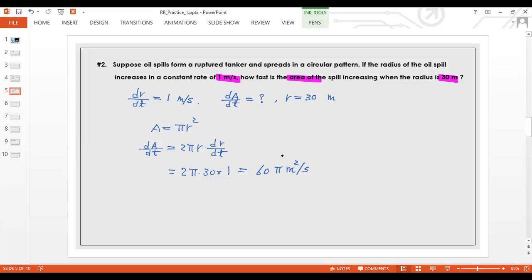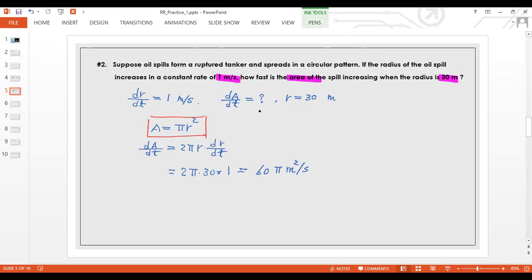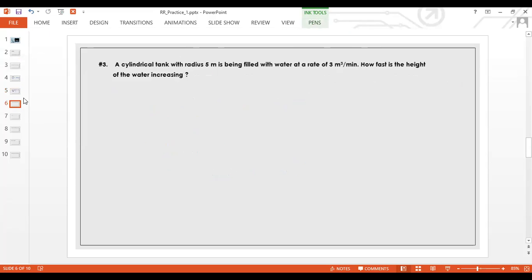Because the area is in meter square. So this one is pretty easy. Like we mentioned before, the hardest part of related rates is to find those equations, and this is the equation that puts your variables together. Okay, now let's take a look at the other one. Number 3 is here. We say a